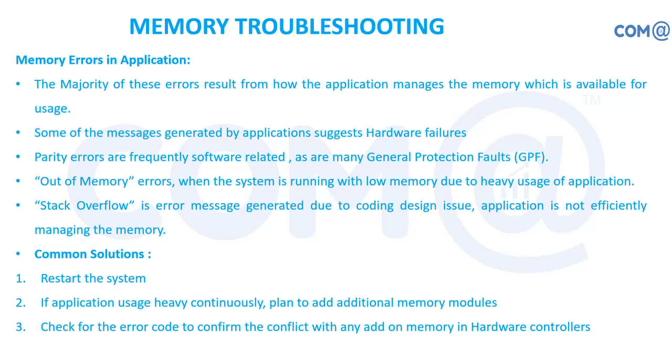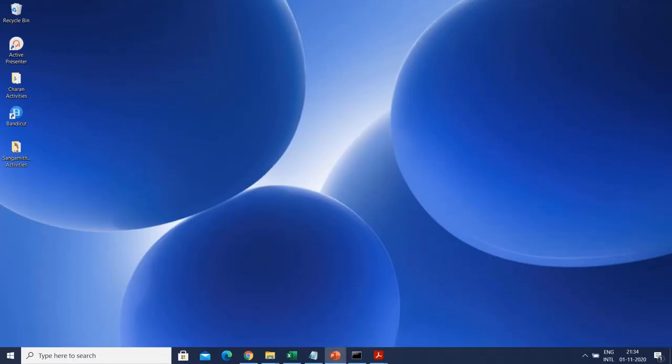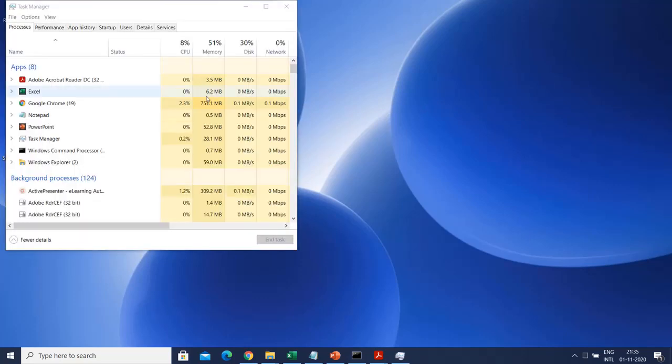You can find the issues, and you can also verify how much memory space it is consuming by going to the task manager. Just go to the system tray, right click and open the task manager. You can find out how much memory is being utilized. For example, I am just opening the task manager. I have opened the task manager and can see a number of applications open. See how much memory space and how much processor I am using.